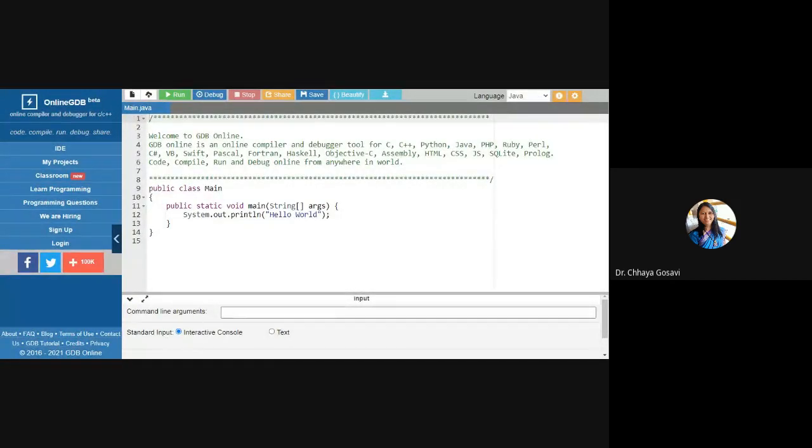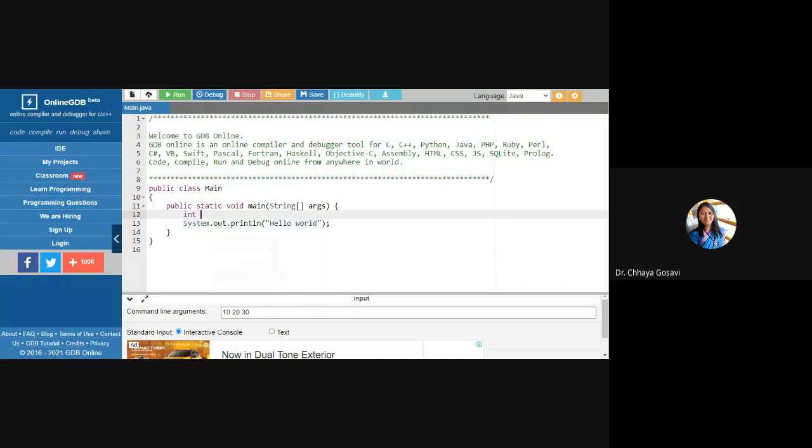You can see here the line command line arguments at the end. Here we have to pass our input. Suppose I want to pass 10 space 20 space 30. Note that these inputs are considered as strings. So if you want to perform numerical operations, you need to convert that string variable to an integer variable.